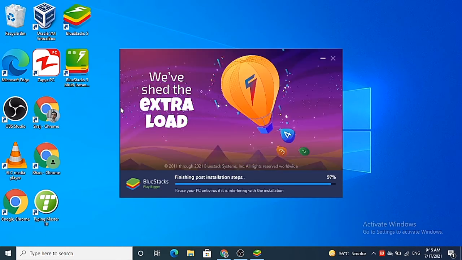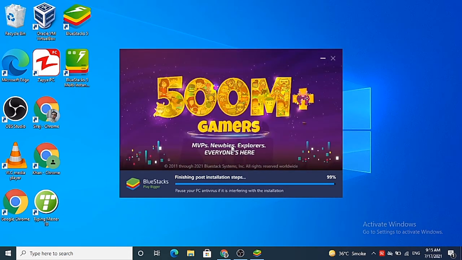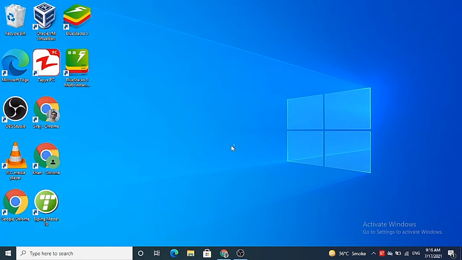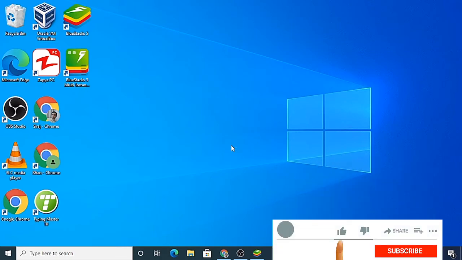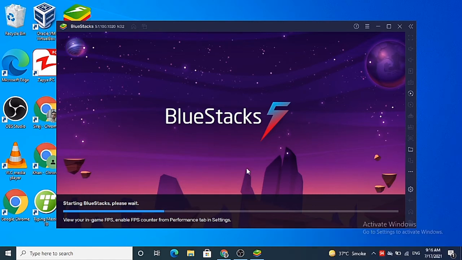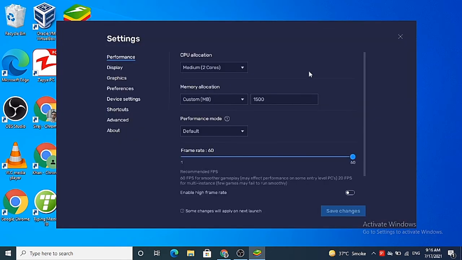And now I can see these icons are created on my desktop, which is for Bluestacks 5 and the Bluestacks 5 multi-instance manager, but still installation is going on, so I'm going to wait for some more time. So you can see Bluestacks is starting. So while it's starting, let's maximize the screen, and you can see at the top this menu, and then you can click on the settings option from here, and you can see there are a few settings you can change from